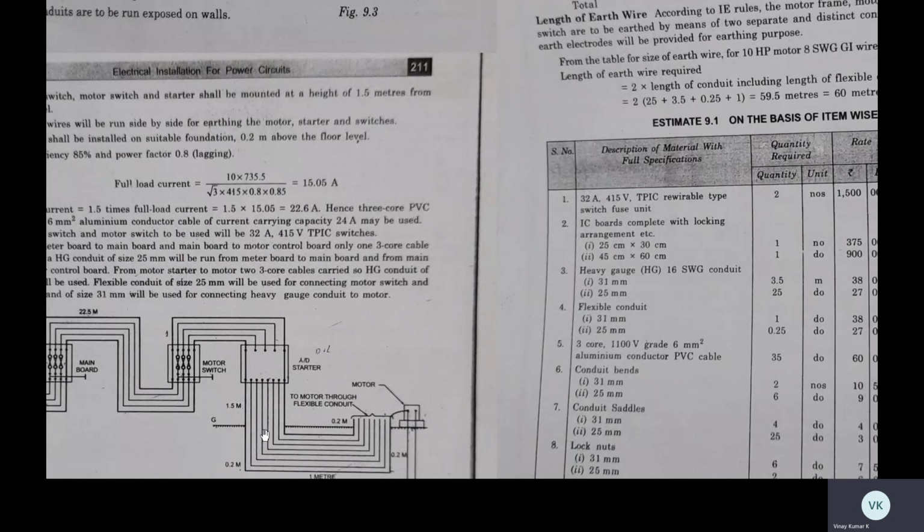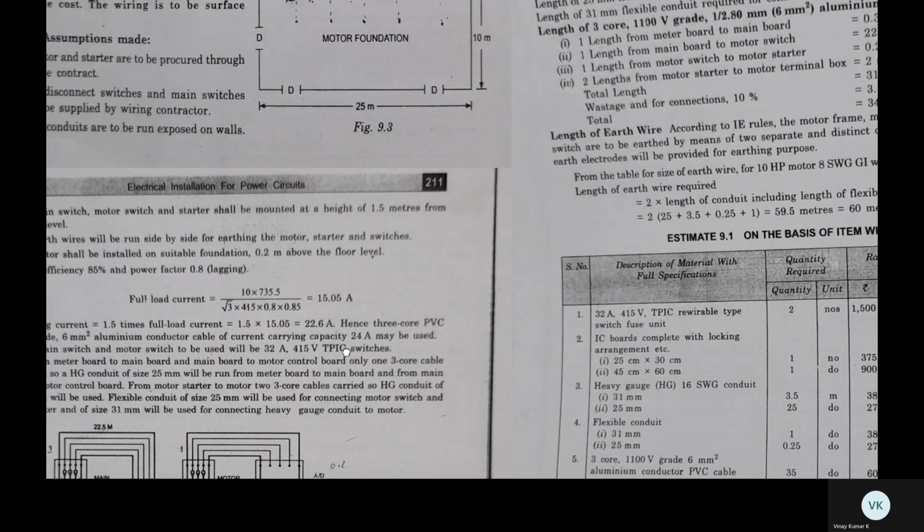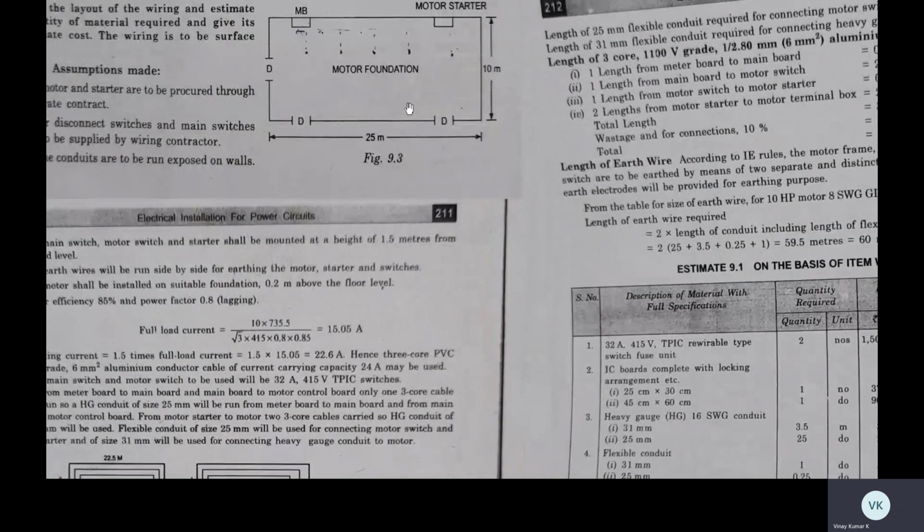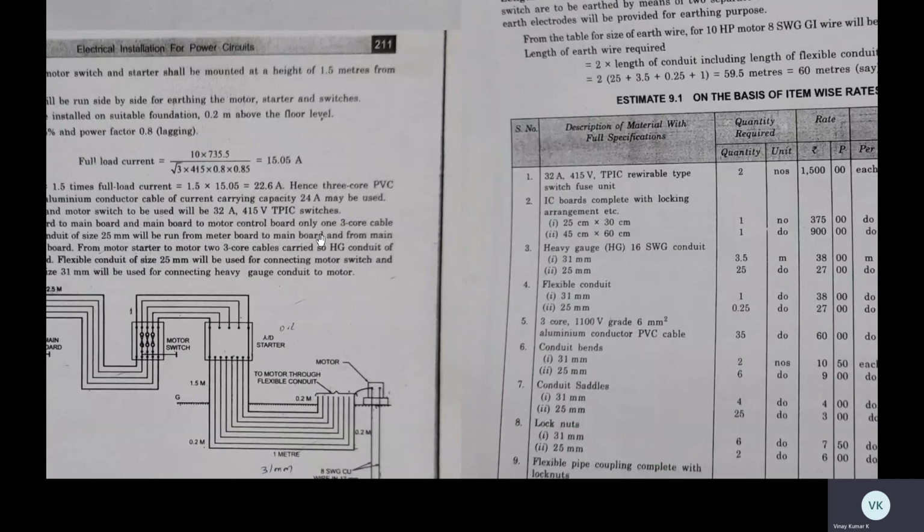Here 6 mains are taken. In the problem he has given only one motor. So for one motor we need 3 phases. And if it is for another motor, for that purpose we can give one more 3 phase. So like that, for easiness we are taking the 6 wires from here. Instead of 6 you can take 3 wires also. No problem. Okay. From 1.5 meters of height, the motor starter is placed. And here we need to dig the earth for trenching.